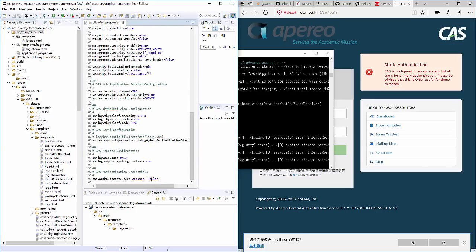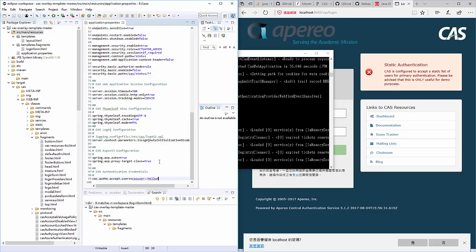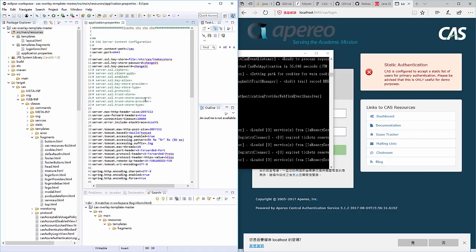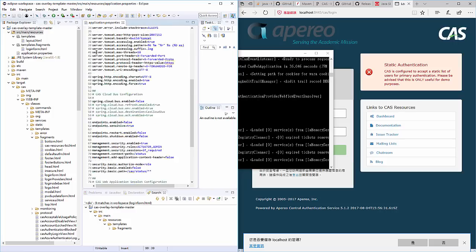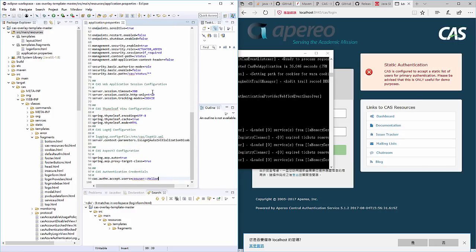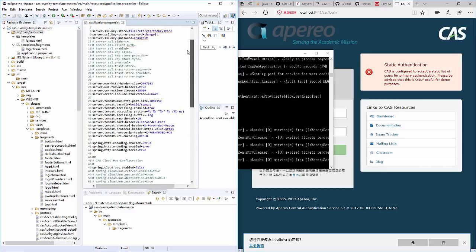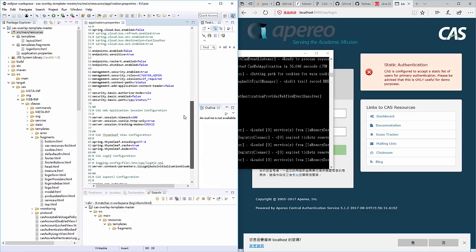And this here is the only user that you are using, and I suggest you watch some video that is created by the creator of CAS about MySQL, which will help you understand how to connect to a real database. I don't know, if I have time I may make a video and talk about how to connect this too, but that's not important. The important thing is that you have all the properties here for you to edit. Just find out what you want, like SAML, OpenID, Facebook, whatever. Just put it inside here, and they should be loaded. Whether they work or not is based on your code, but they should be loaded.